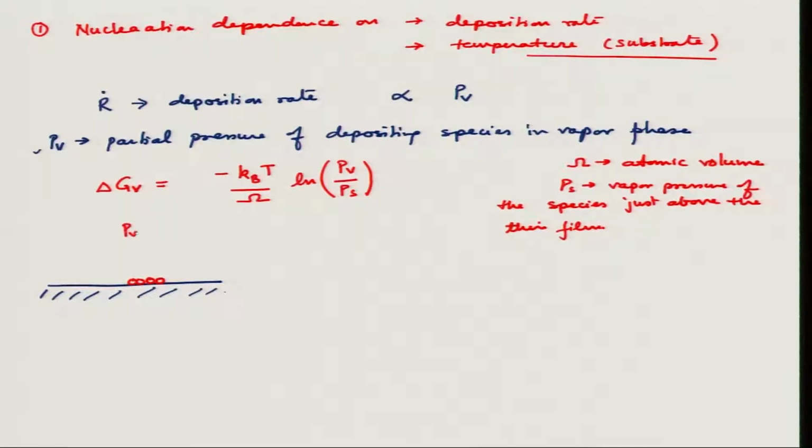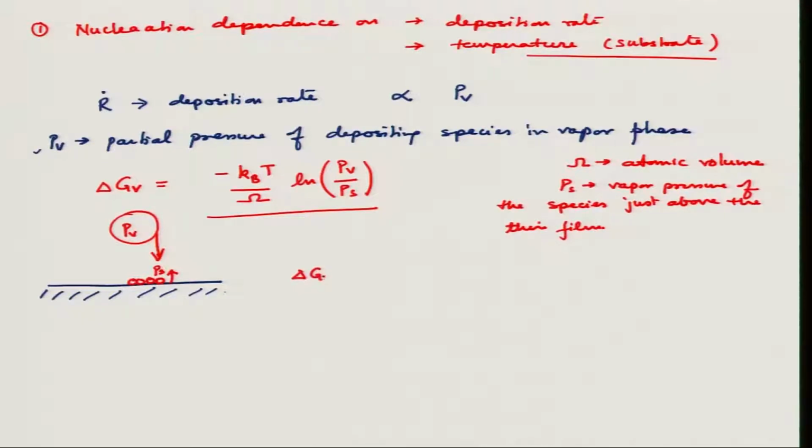So, PV is somewhere here in the vapor phase, okay, which will drive the deposition of these atoms or adsorption of these atoms onto the surface, while Ps is the vapor pressure of this species just above this, okay, and if this is small it will drive desorption, okay. So, it is an interplay between adsorption and desorption which is represented in this form, okay,